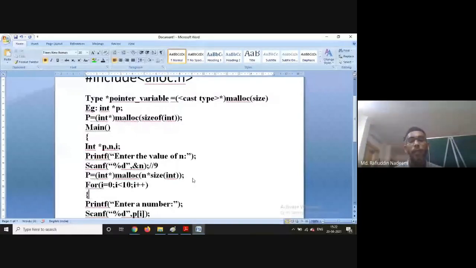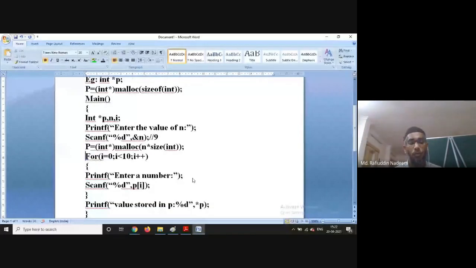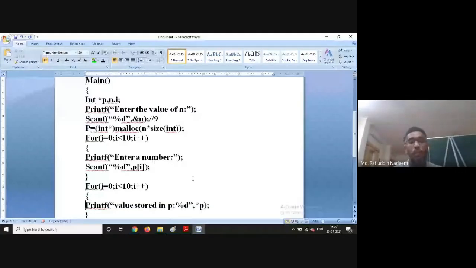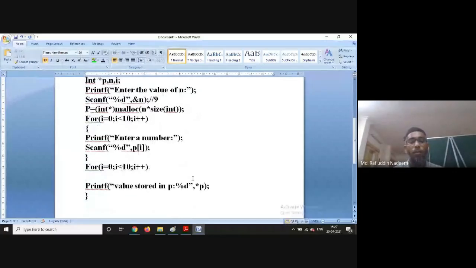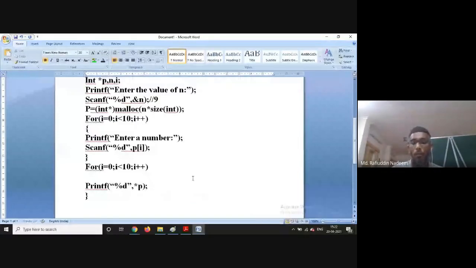If the n value is 9, then p of 0 to p of 8 numbers have been scanned. Then if you want to display, again for i equals 0, value stored is the end of this, p of i.